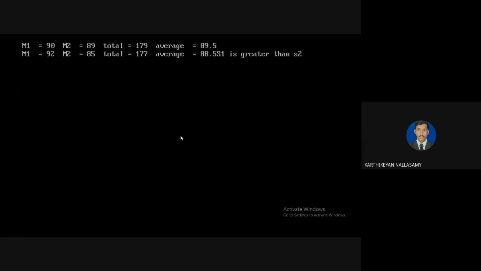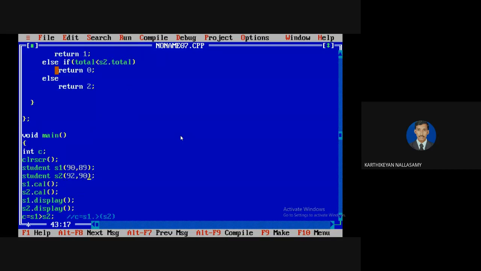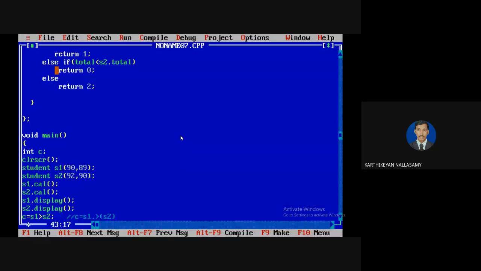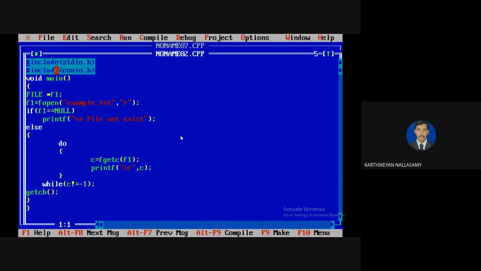So from there you can say that S1 is greater than S2. In case here I'm going to change the value to 90, then you have to say that both are equal. S2 is greater than S1. If you want to represent 81, so 3 marks will be reached.